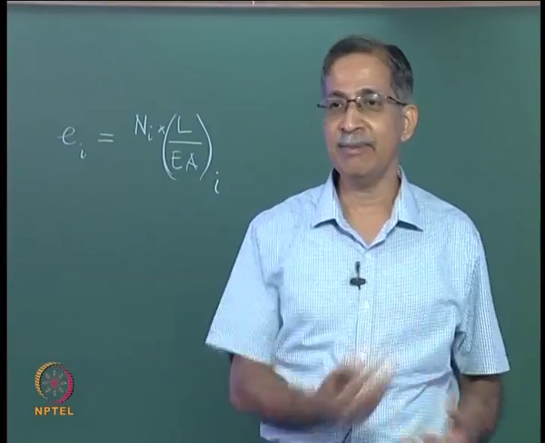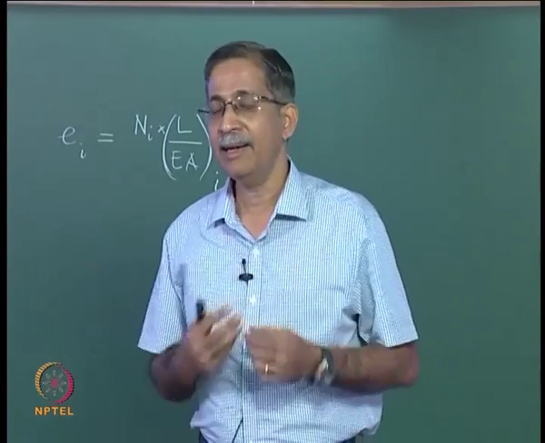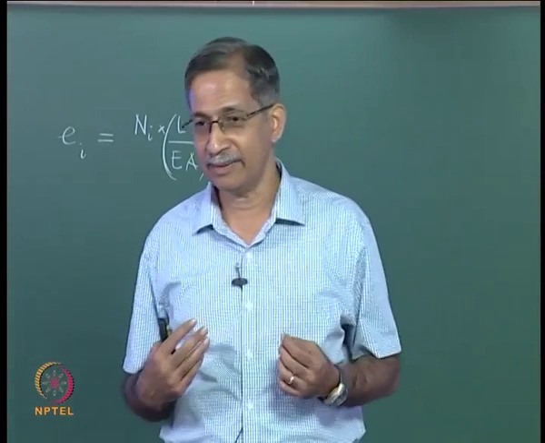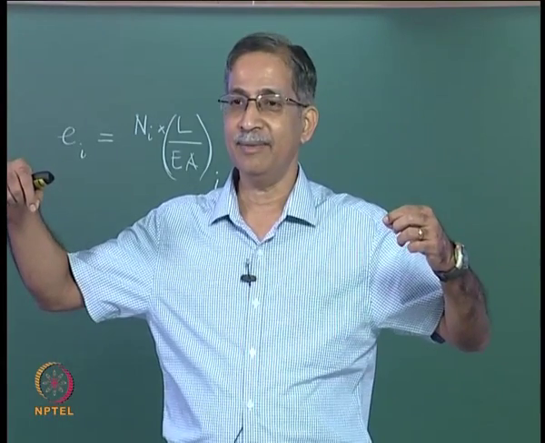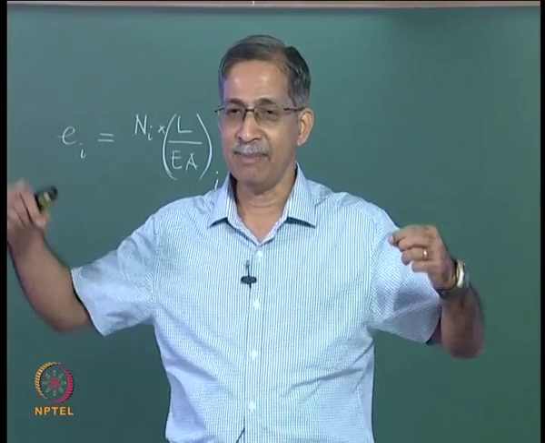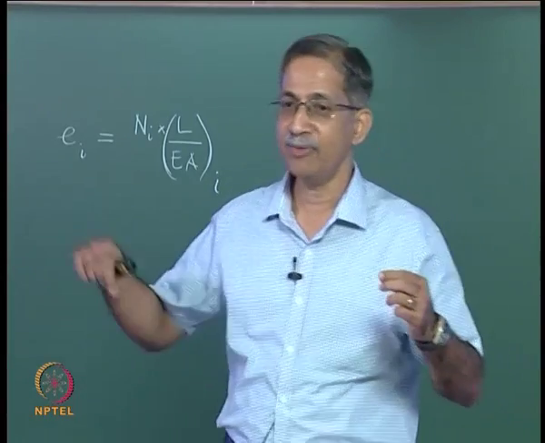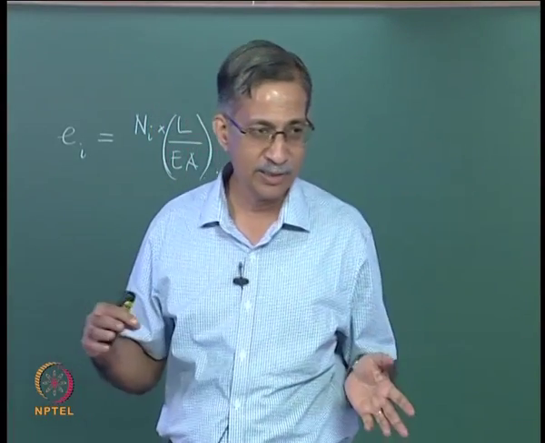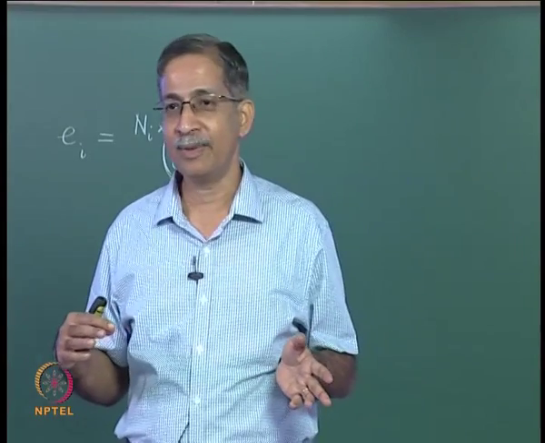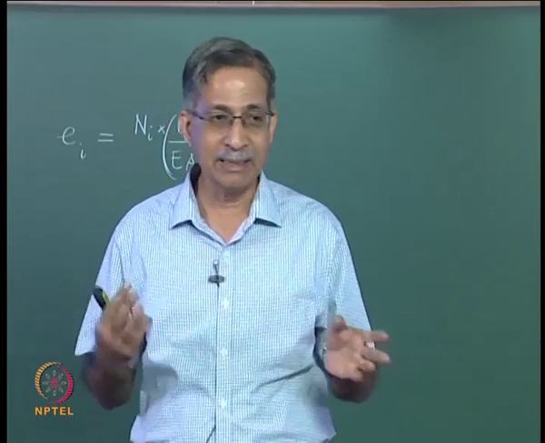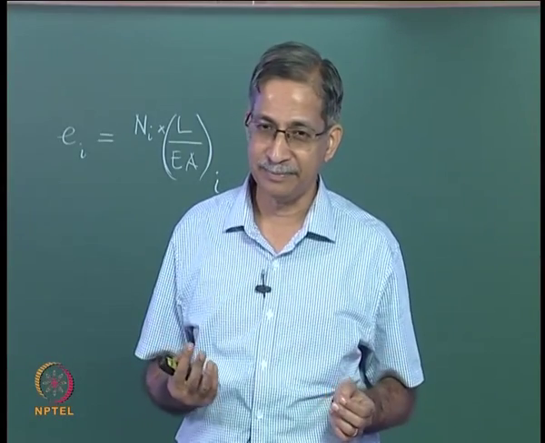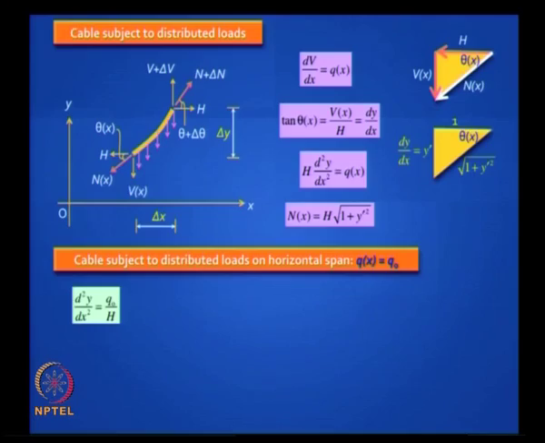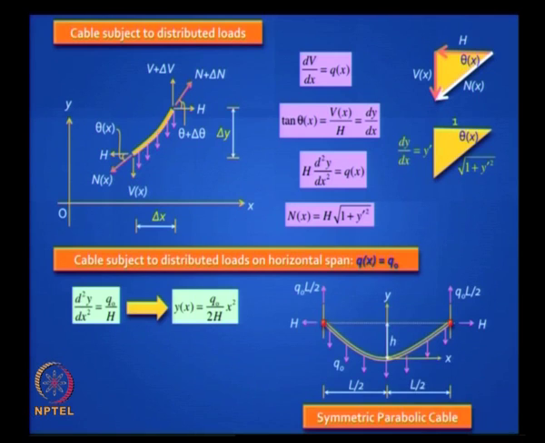What is the shape of the cable in suspension bridges? It is parabolic. Why is it parabolic? Because of uniform loading. It is parabolic with the idea that the parabola is the ideal shape, the funicular shape, when you have a uniformly distributed load. So you need to ensure that it will remain a parabola even when vehicles move on the bridge. How do you do that? You have to make the deck stiff.